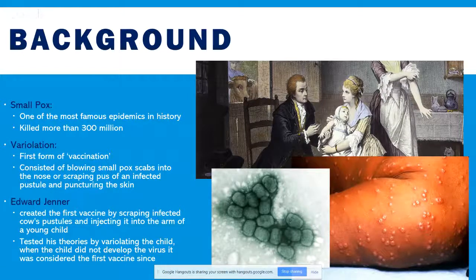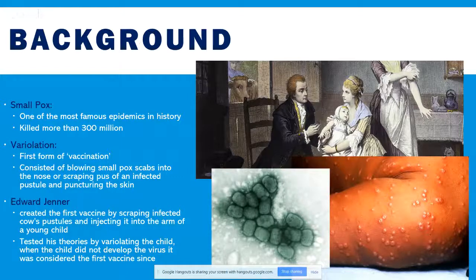There was a man named Edward Jenner. During his time, there was a disease called cowpox, and there was another disease called smallpox at the same time. It was similar to smallpox, but not as deadly. He took pus from a person